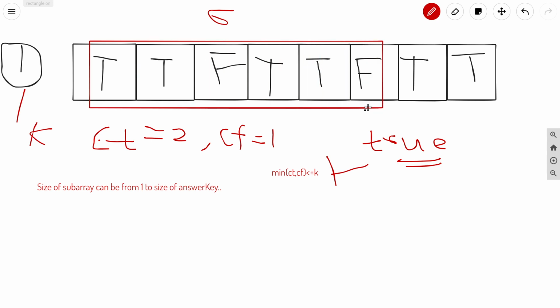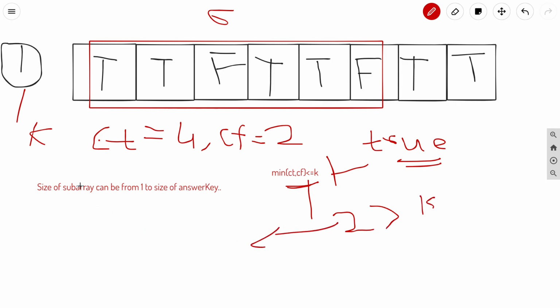For this window, the count of t is 4, and the count of f is 2, and the minimum of both count t and count f is 2, which is greater than k. So our answer is going to be false. Again we will check for all such windows. This window is of size 6, so we will move this window further ahead.